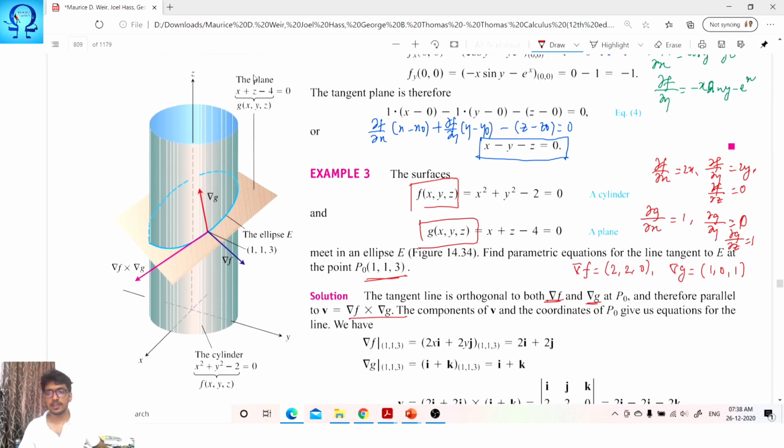Here, in the problem itself, they specified that the first is a cylinder and this is a plane. So you are cutting a cylinder with the plane, and therefore you are getting an ellipse. It is not a plane which is parallel to any of the axes. It is some general plane. That is why you are getting an ellipse, and all these geometrical requirements are explained in this diagram that you can refer to.